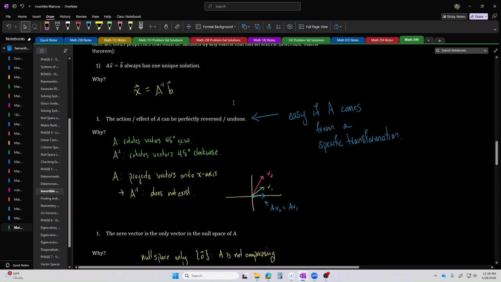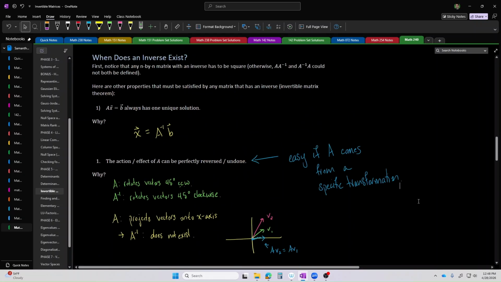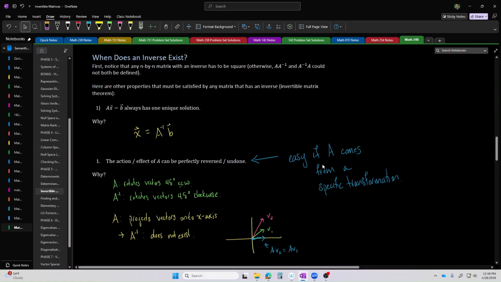Those are the two, in my opinion, really essential properties here for checking. One is to just check the determinant, and two, if your matrix A is coming from a specific transformation, an action or effect that you understand well, it can be easy to think about whether that action or effect can